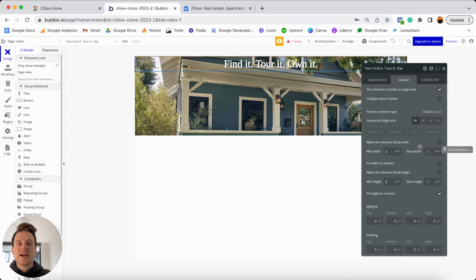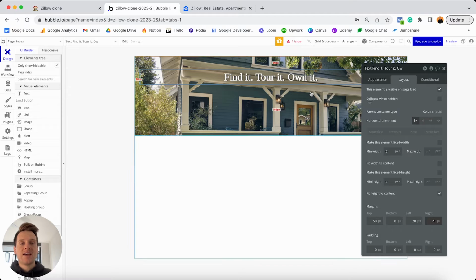The only other thing I'd like to change when it comes to this text element is the margins around it. So the margins just allow you to add some spacing. So that way this text element doesn't sit directly at the top of our page. And when it comes to the margins, I'm just going to add in 50 pixels of margin at the top. I won't add any on the bottom, but I'll also add in 20 pixels of margin on the left and 20 pixels of margin on the right. And that's just going to ensure that this text element won't touch the borders of the group that it sits